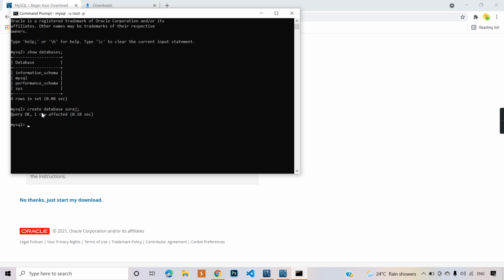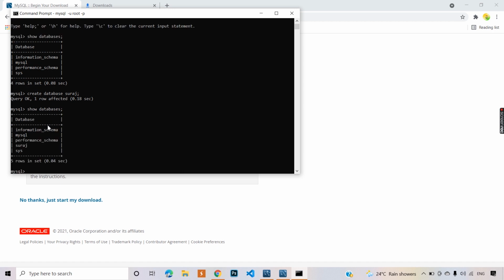Here it is written Query OK, which means it is successfully done. So again type show databases, and here you can see that Suraj is stored in the database. So MySQL is completely installed on the computer and it is working successfully.